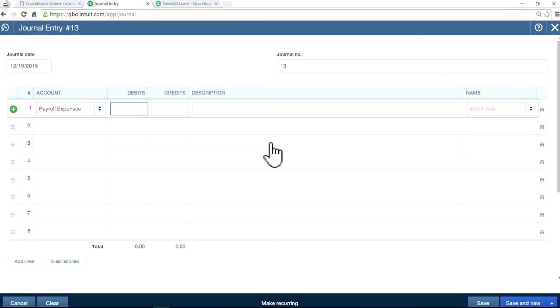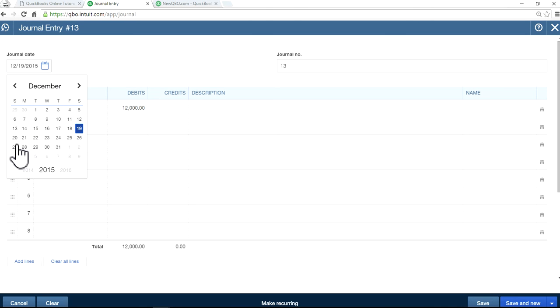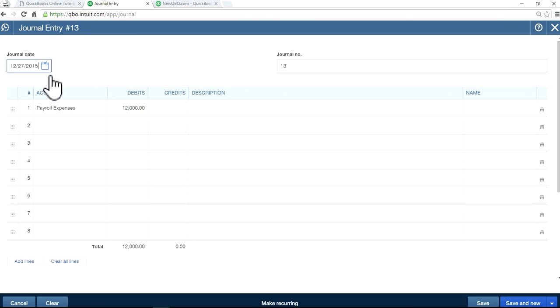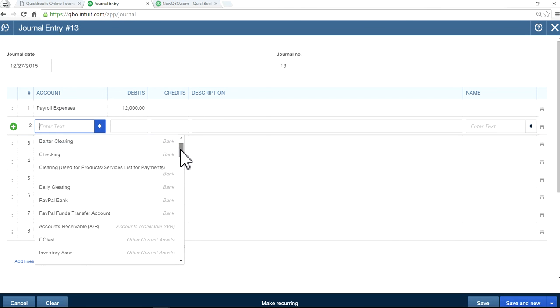Let's say you want to accrue for 5 days of December, and somehow you computed $12,000 accrual expense that you want to enter as expense in December. Let's say your payroll goes through, let's say, 26, and you want to accrue for 27, 28, 29, 30, and 31. Let's say you want to do the journal entry on 27 to 1,000, and this is the accrual, and if your liability,